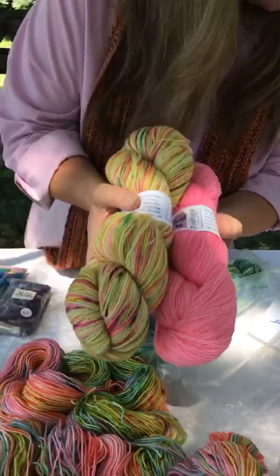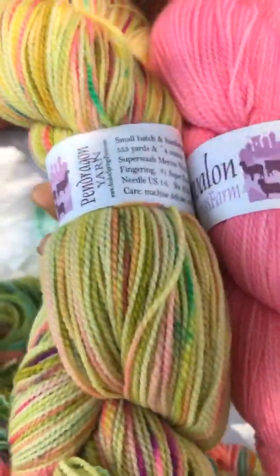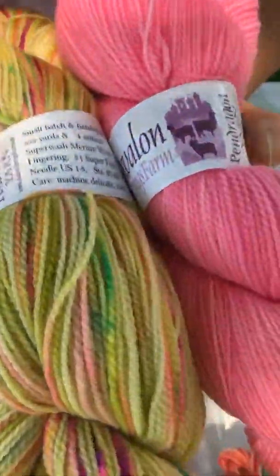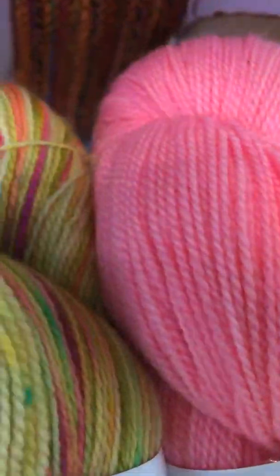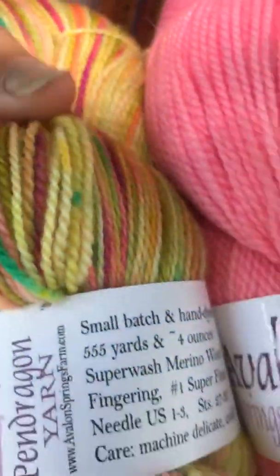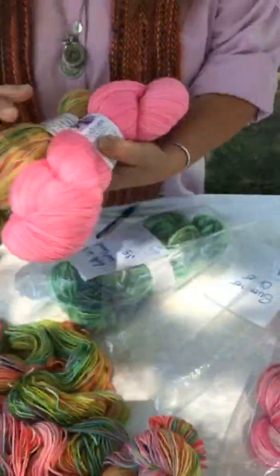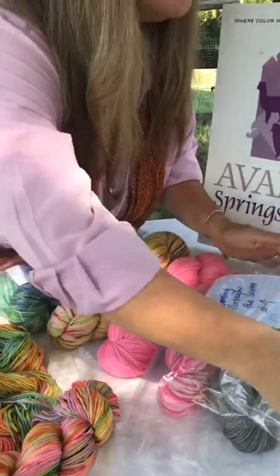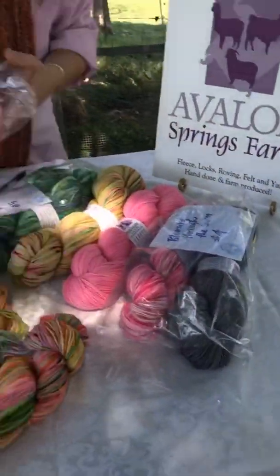This one is called Summer Cheer. It's two integrated yarns. This is Pendragon fingering, and this pink that's in the semi-solid is in the speckly yarn that's coordinated with it. And that was a topic for last week. I talked about the value of doing this in person, since you're looking at it,